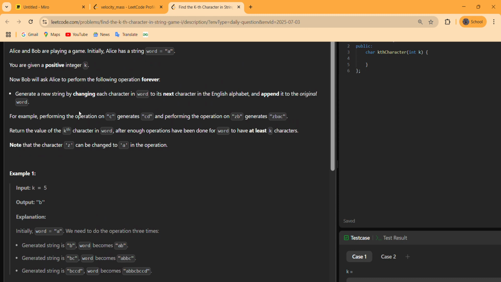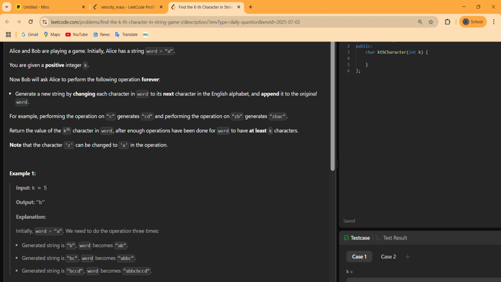First, mark a temporary string as empty and then change every character of word to its next adjacent character. So a changes to b, push that b into the temporary string, and then we concatenate that new string to our original word.